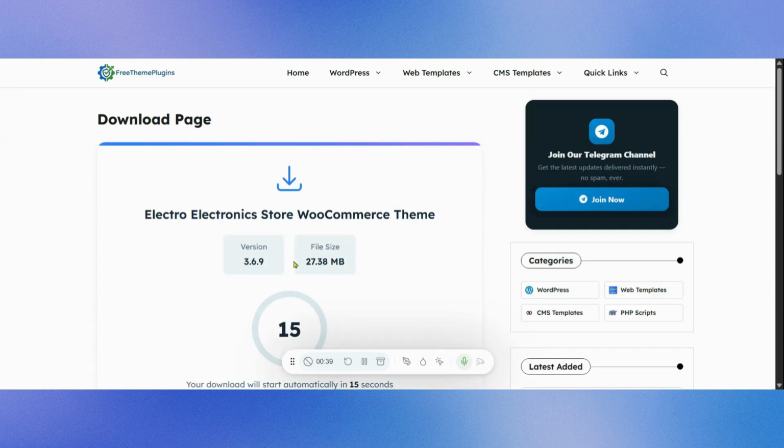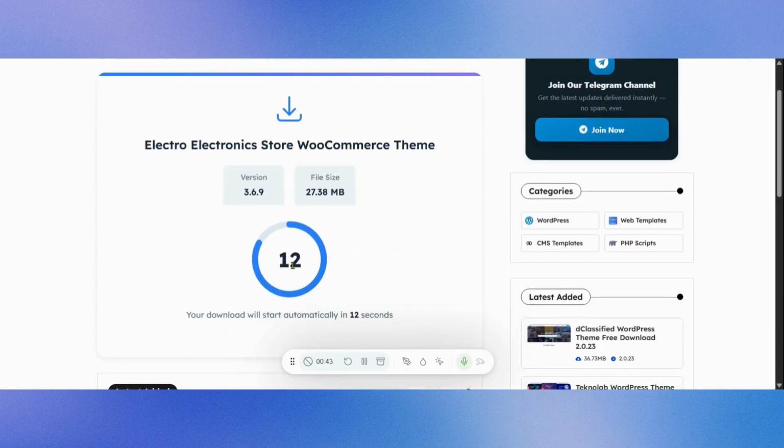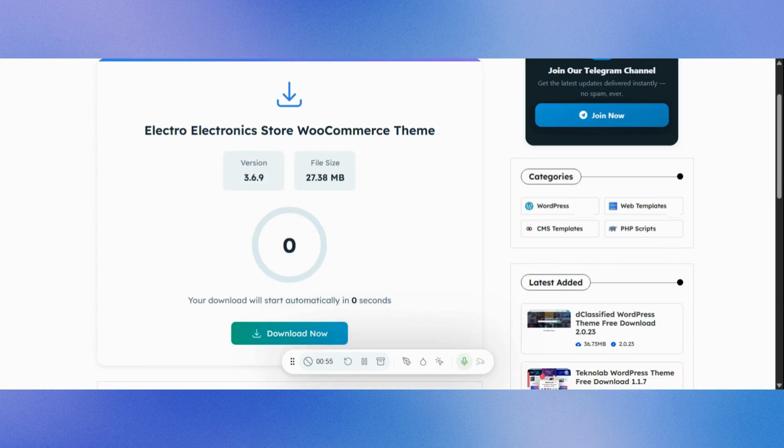Then you will be redirected to download page, and once the download link is completed, you can download the theme for completely free, and you can see the file size also here and the version name. This is how you can download Electronics themes